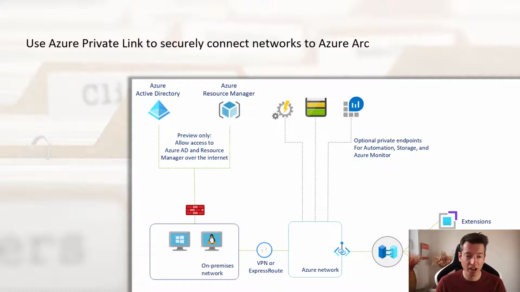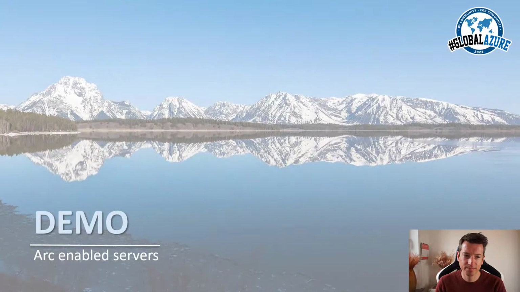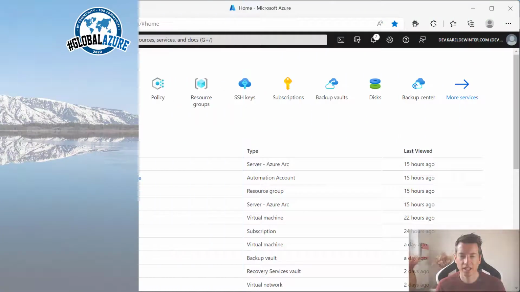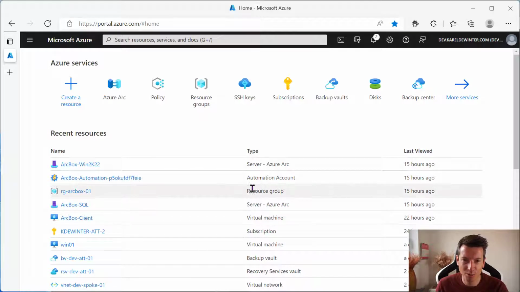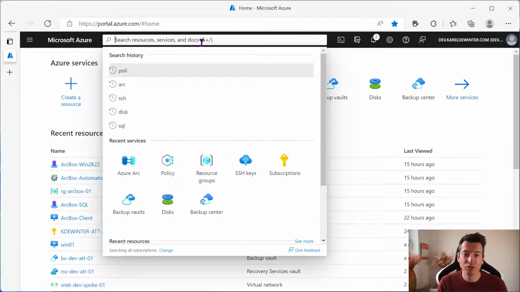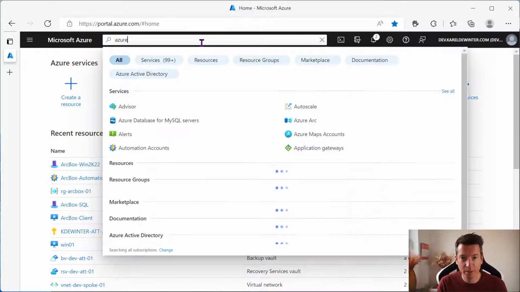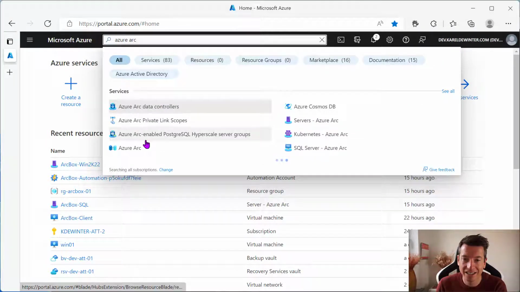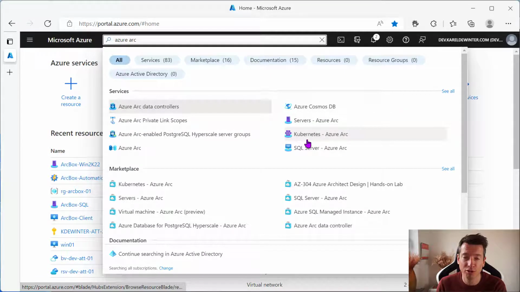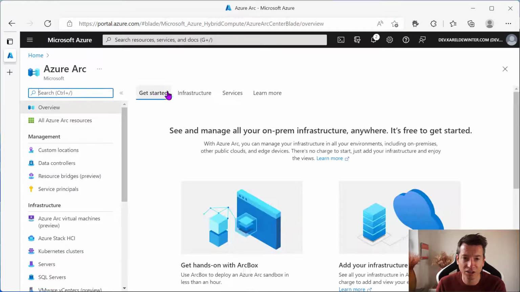But now let me just quickly show you in the Azure Portal how it looks if we onboard a VM, and what the possibilities are with Azure Arc-enabled servers. All right, let's have a look in the Azure Portal, shall we? First of all, if you go to the search bar above and type in Azure Arc, you will see that there are different services available for you to enable Azure Arc. The main entry point for going to your Azure Arc resources is of course the Azure Arc service,